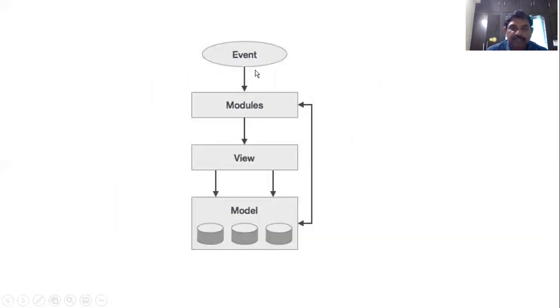Here, see the event request coming into the modules. The module is given to the view. When the client gives the request, that is taken by the server. The server will give the request to the servlet container, that is the event, that passes the information to the modules, from modules to the view, connected to the database and retrieving the data from the database and giving it to the view.